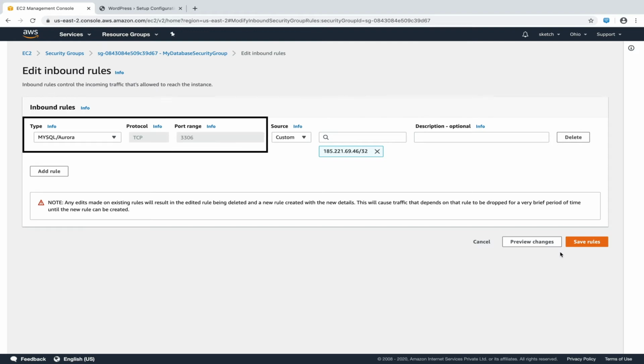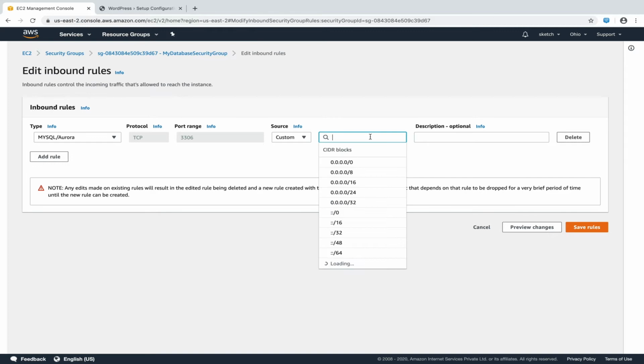Now in the type dropdown, we will select MySQL/Aurora as this will set the protocol as TCP and port as 3306. And that's exactly what we want, as our RDS instance is hosted on port 3306. In the source section, we will find the security group that our EC2 instance is using. I'll type the prefix SG.